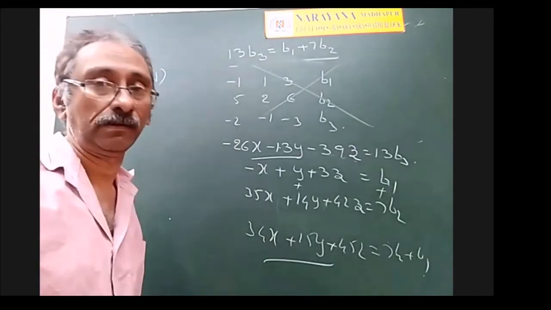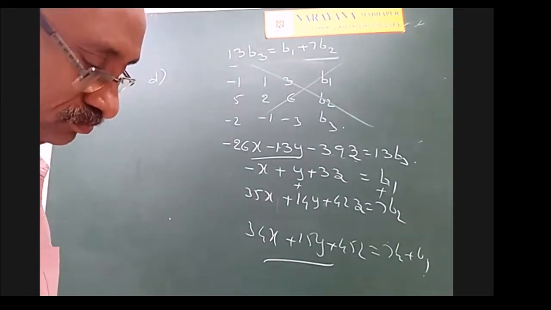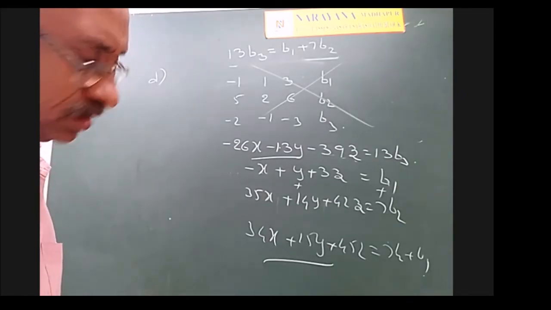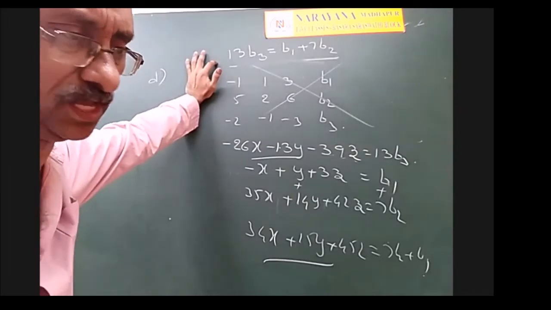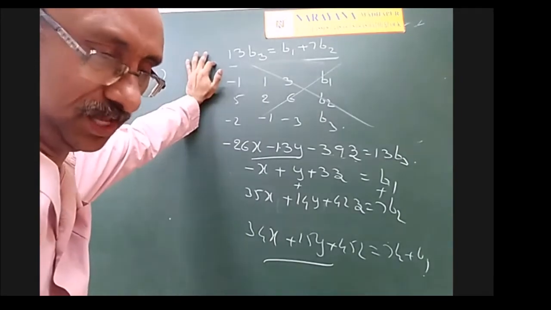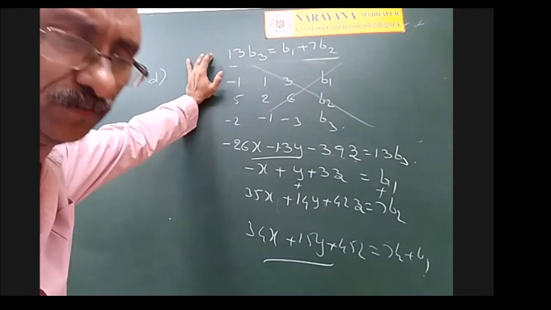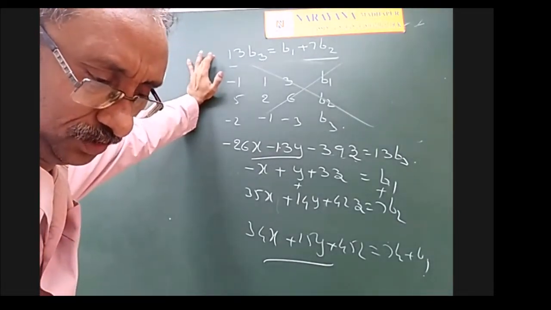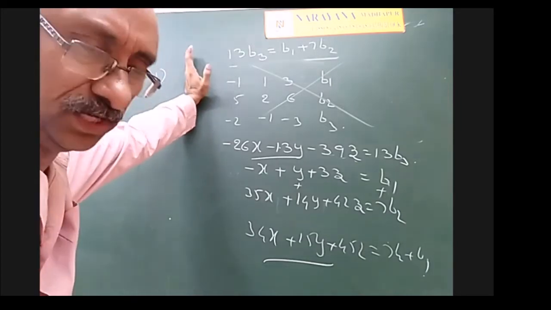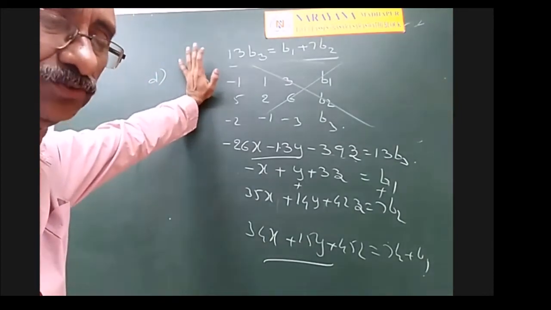Akash says: in the first and fourth options, when the determinant is not equal to 0 and the solution is unique, then why will it every time satisfy this topmost equation? No, it won't satisfy this equation. So we have to search for that equation only when it has infinitely many solutions. If it has a unique solution, whatever may be the values of B1, B2, B3, we don't bother. So it will not depend upon B1, B2, B3. Simply it will have a unique solution. That means it has at least one solution. It's over.